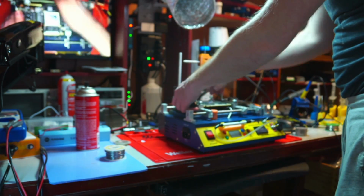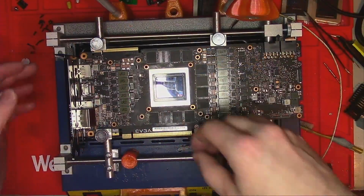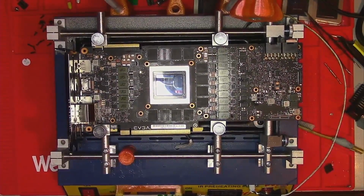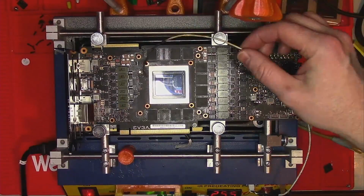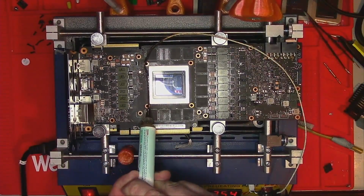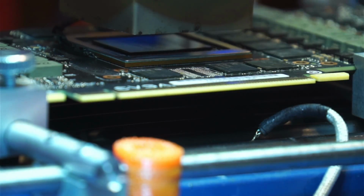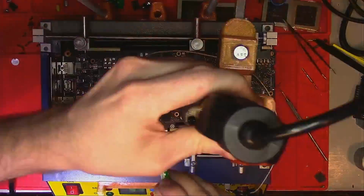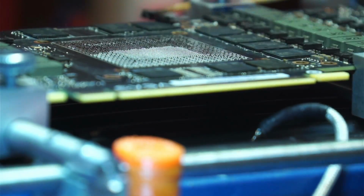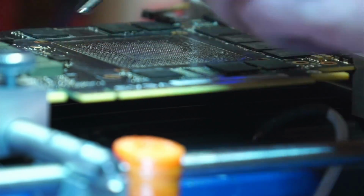I'll be using my cheap preheater with a custom-made holding jig that I made myself. It allows me to secure the board flat, so it does not warp. I will then position the temperature probe close to the core and apply some flux. Once the chip becomes loose, I will lift it out of the way using my custom-made suction pen that I integrated into the station. Then I mix the existing solder on the board with leaded solder, followed by cleaning it up